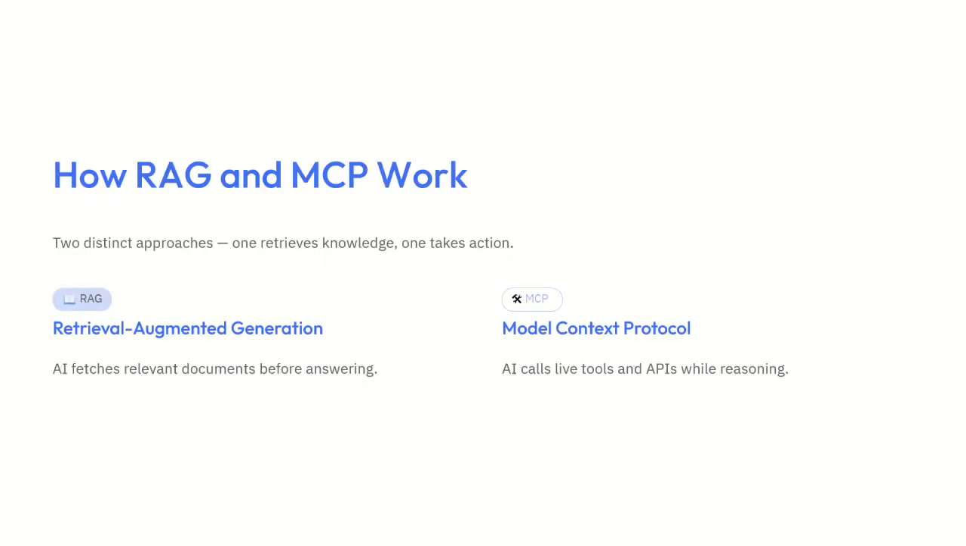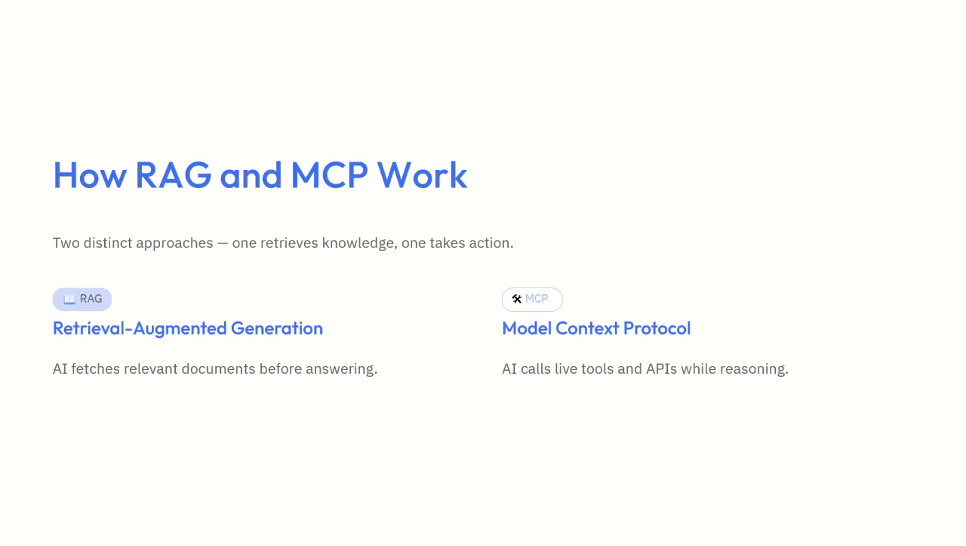Now let's understand RAG. First of all, the full form: RAG is retrieval augmented generation, and MCP means model context protocol. Whenever a user asks a question, the AI doesn't answer immediately. Instead, it first searches the knowledge base, or I can say a collection of documents, to find the most relevant information, and that information is then passed to the language model, which generates an accurate and contextual